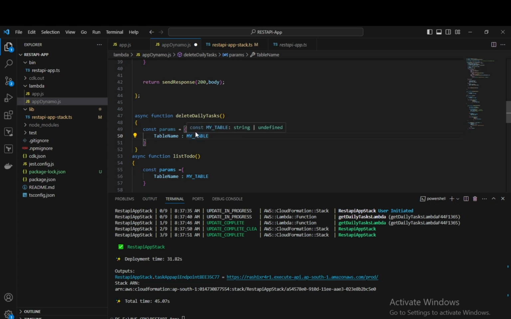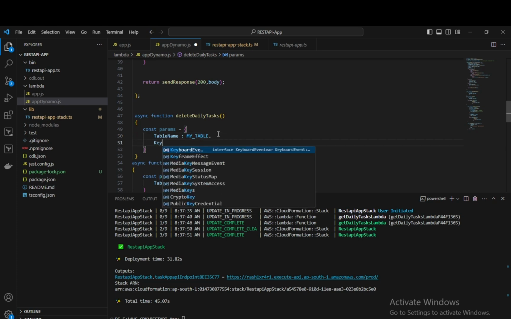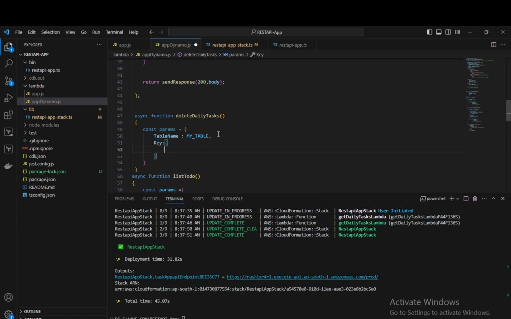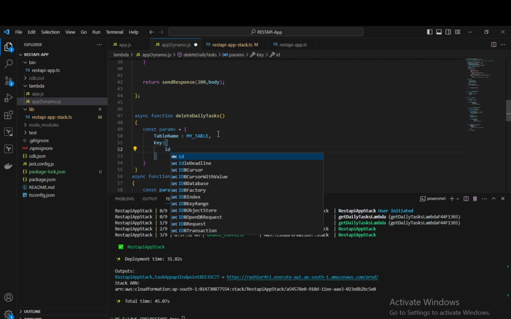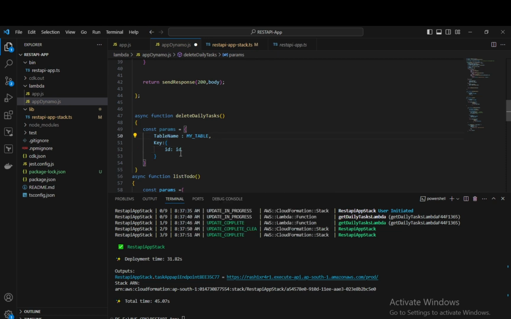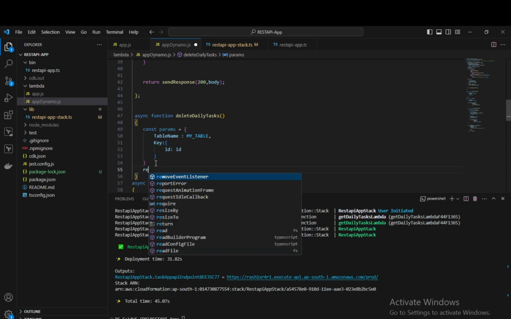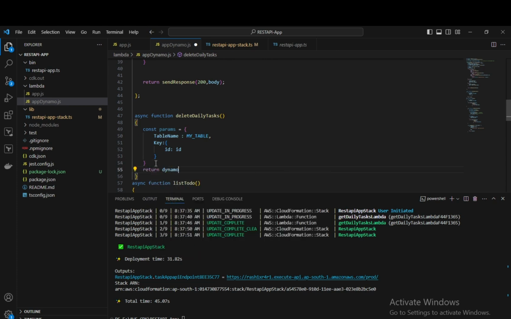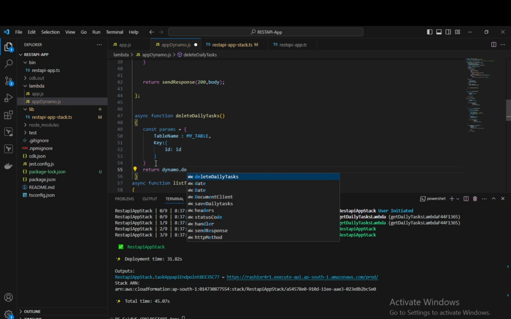Let me specify the key. So we have something called key, yes, and inside the key I am going to specify ID and pass it as ID. Correct. So this is the key we are specifying where we are trying to delete an object. Okay, so after this we are trying to return the DynamoDB object where we are trying to delete our